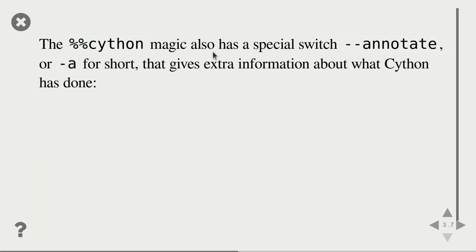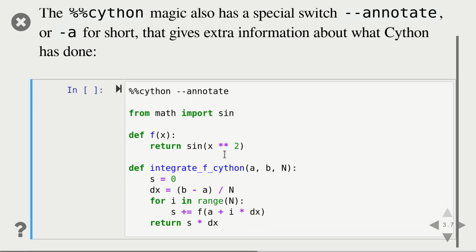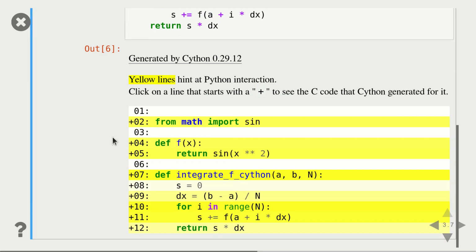Okay, so the next thing that we can do is use a magic function called --annotate. And if I use that and I compile the function again, I actually get a nice output that tells me,